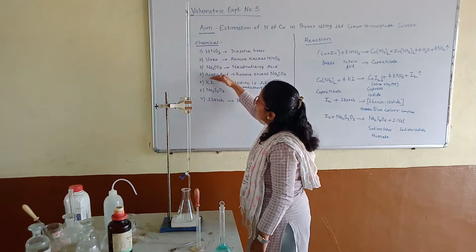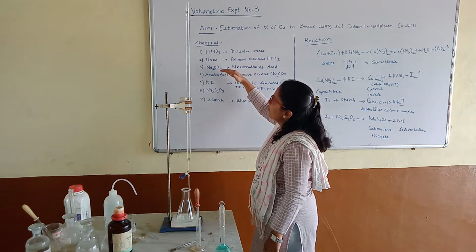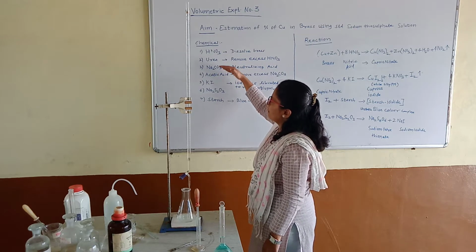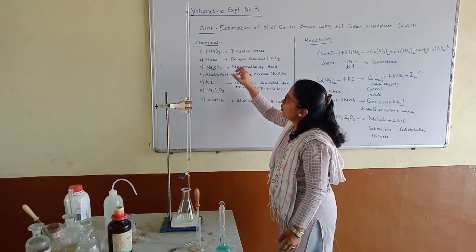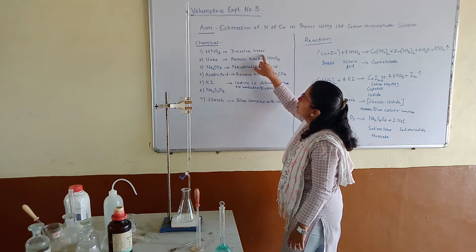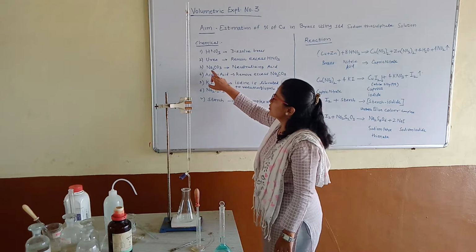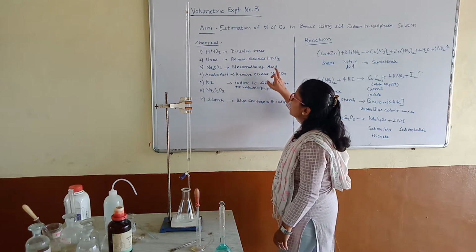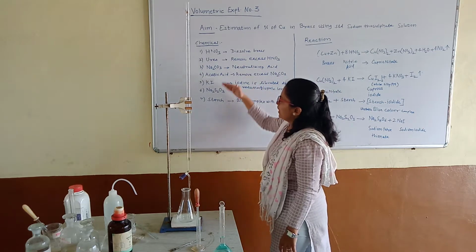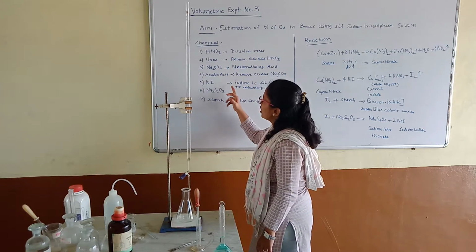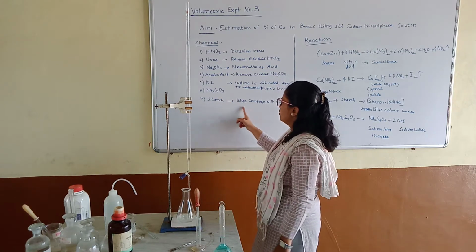Third, there are the water chemicals, part first and part second. You have to add these chemicals one by one, and you get part first and part second. The first one is HNO3, which dissolves the brass. Second, urea, which removes the excess of HNO3. Next is sodium carbonate, which neutralizes the acids, and acetic acid, which removes the excess of Na2CO3. And these are the part second chemicals: potassium iodide, Na2S2O3 and the starch. This is used as an indicator.